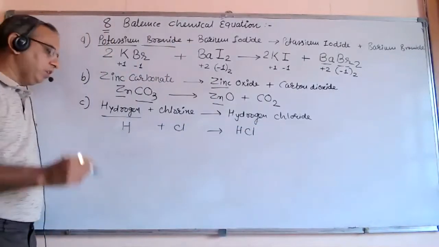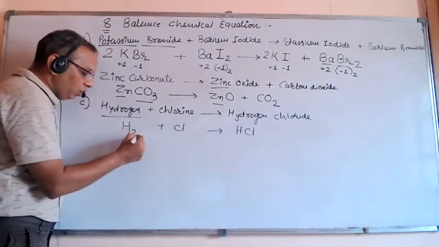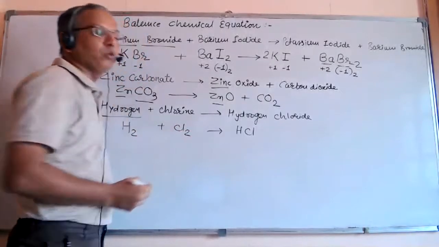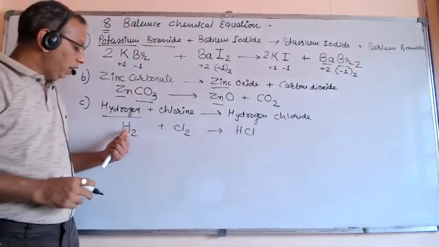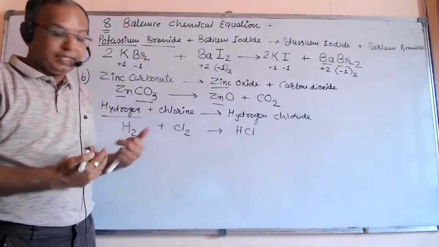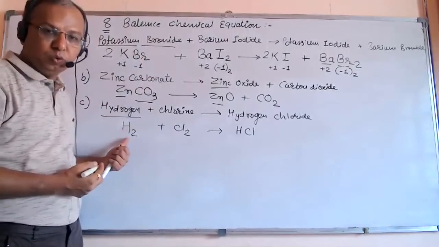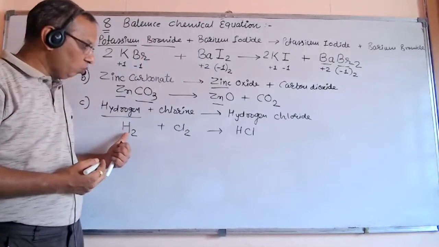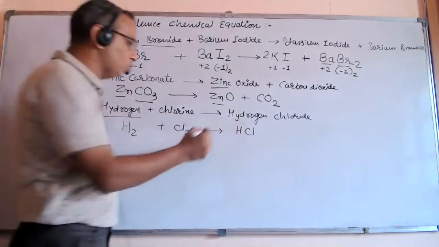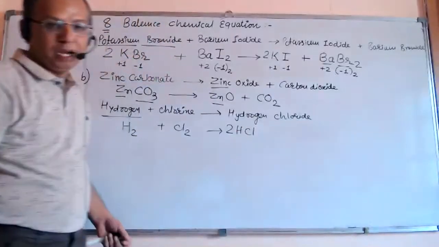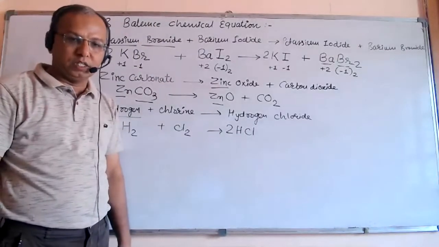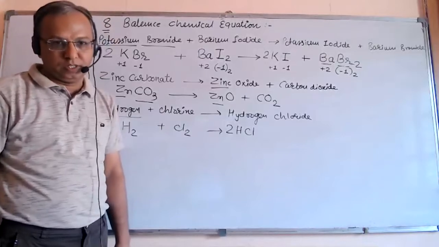But friends, here a very basic thing is that hydrogen is diatomic. Chlorine is also diatomic. They exist only in two atoms together, and that's why they always have to be taken as two. And so two hydrogen, here you can see one hydrogen, here two chlorines, here is one chlorine. So we should multiply by 2 to both H and Cl, that is 2 hydrogen chloride, 2HCl. It's also known as hydrochloric acid.